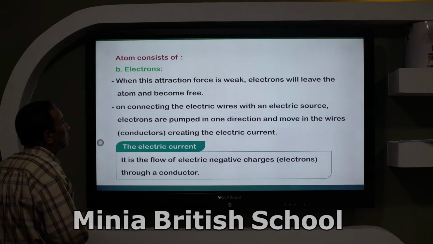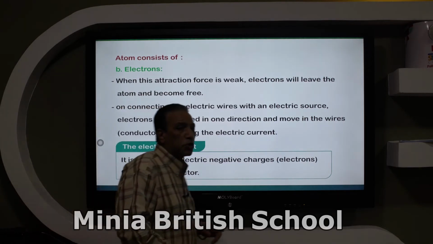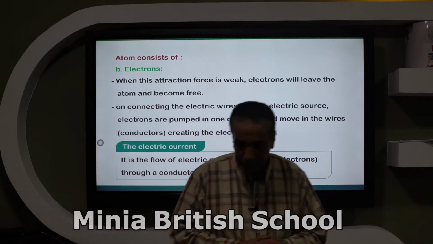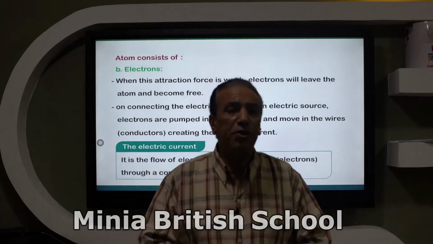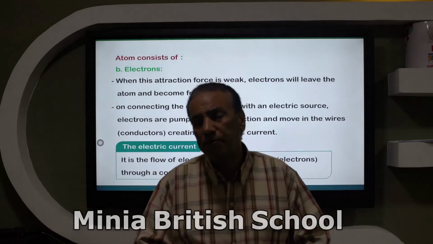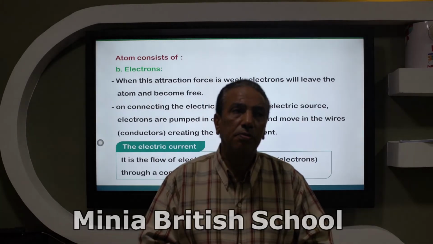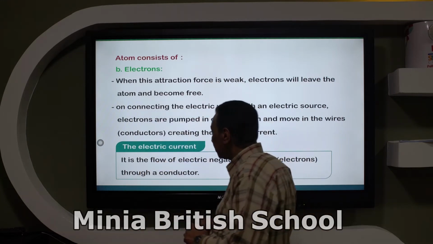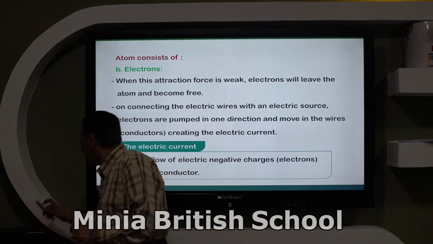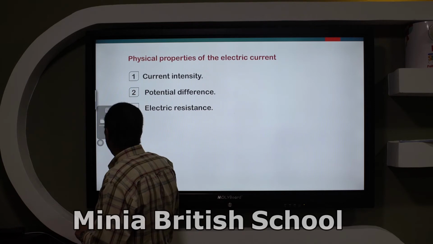The electric current. In the second unit, we describe the electric current by three different things. Number one, the current intensity, potential difference, and the electric resistance. The current intensity, potential difference, and